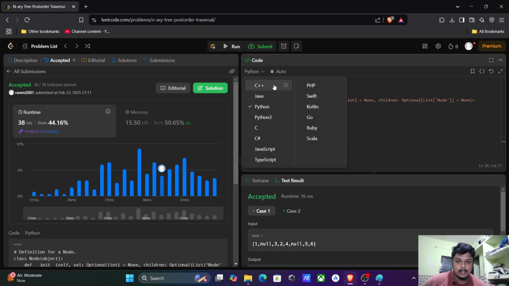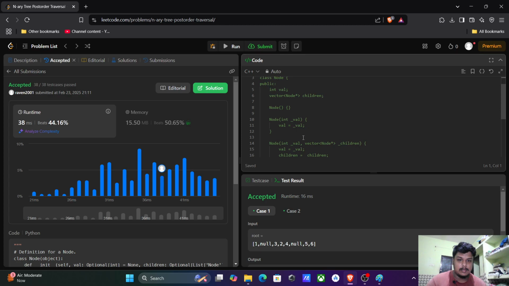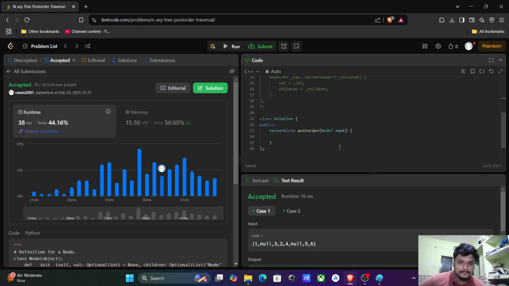Let's go with C++ as well. But what is the structure? Okay, vector of Node star. Yeah, it's vector of Node star. So it's easy. Yeah, it's pretty easy. Let's just write void helper with Node star root and vector int nodes. If not root,